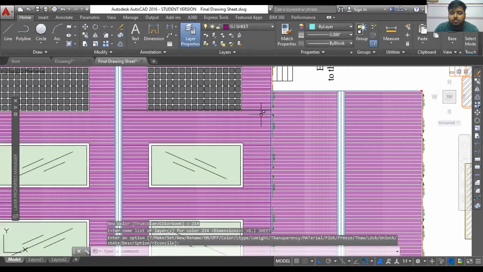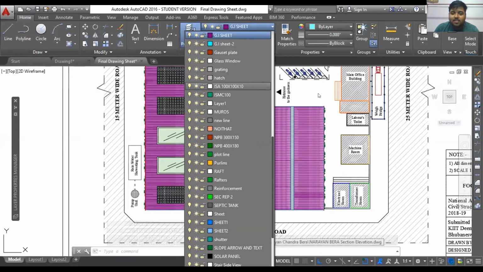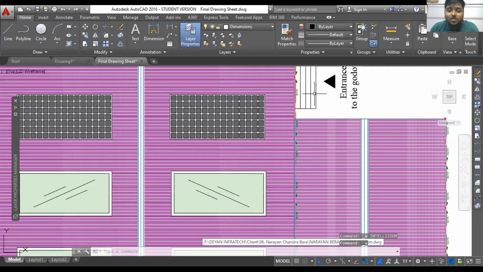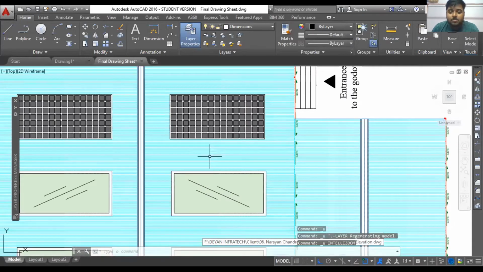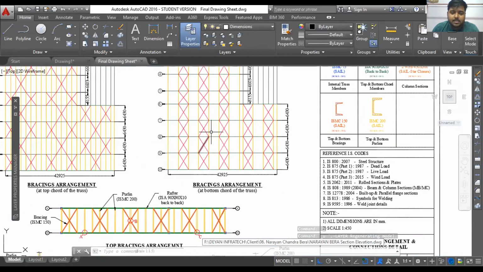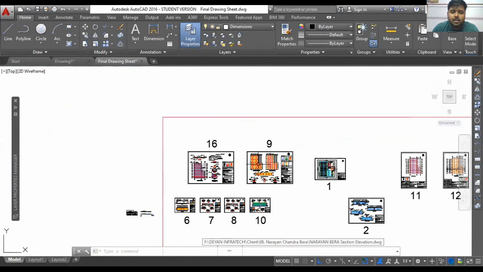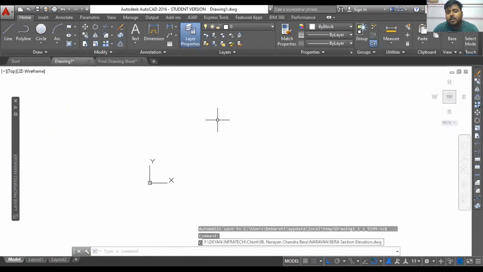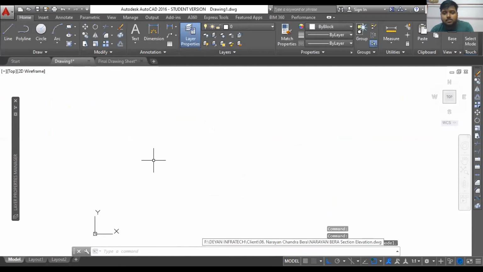That is a very wrong color. Whatever. So that is how your layer is going to help you. So this is the importance of layer, like in this case, the bracings. Even if you are considering a residential building or plan, playing with colors, playing with thicknesses, line types, everything will be much easier if you work in layers.